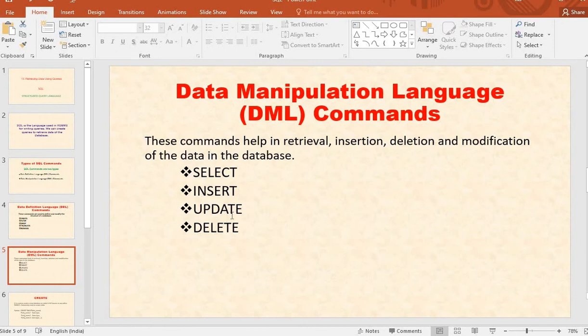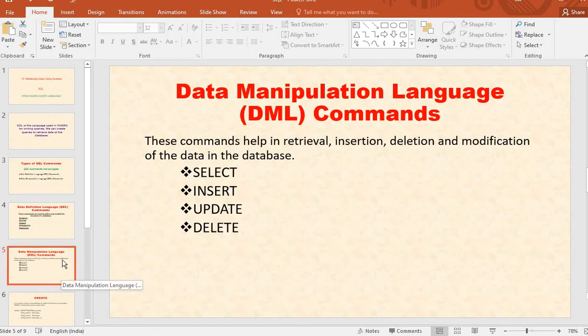Third command is update. If you want to update records, then you may use this update command. Last one is delete. If you want to delete any data in database, you may use this delete command.